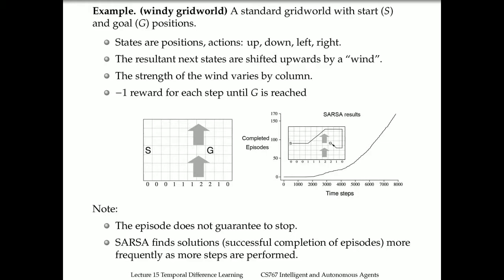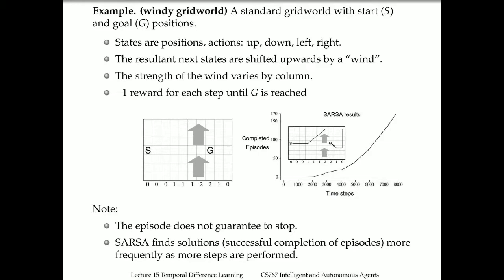So let's see how the agent works if we apply the SARSA algorithm. We're not counting the number of episodes right now because the episode may not complete. When it's completed, this means that the agent has already found the goal. So this is the number of times that the agent has actually reached the goal. And you can see that on the right hand side, we have a diagram which progresses as the agent is performing more and more time steps. When it finds a goal, it just restarts from the starting location. But we are counting the total number of steps that the agent has gone through and learned